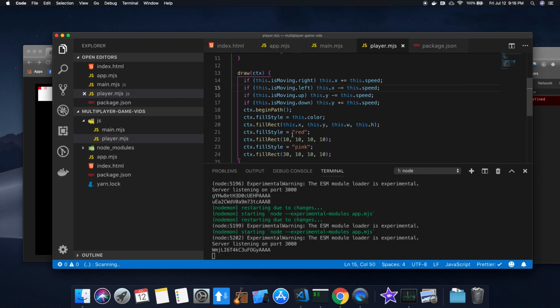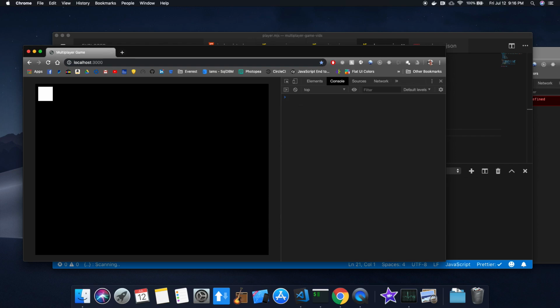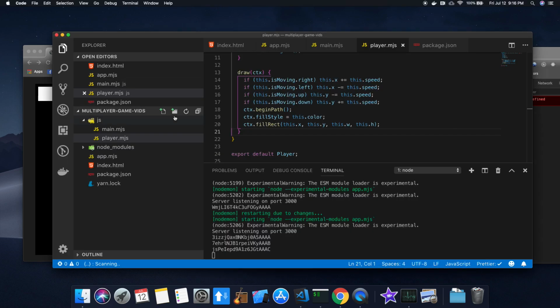I don't really care about those cubes. They're not really part of what we're trying to do. So I'm going to delete those and just have our player. Awesome. We have our player. All right, so the next thing we're going to do is move the player because nothing's happening. We can't do anything. So what I'm going to do is create a controls